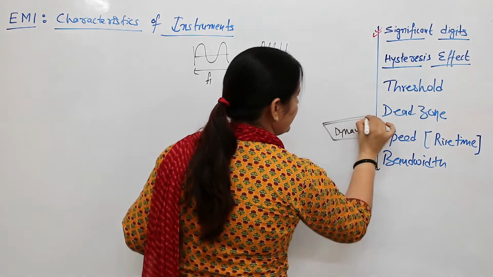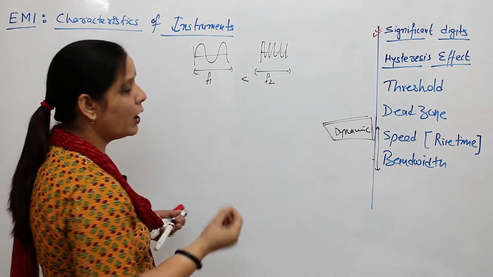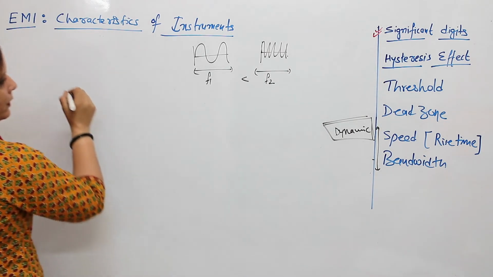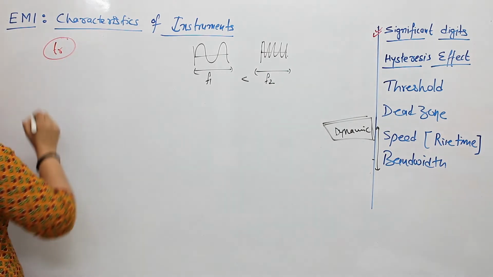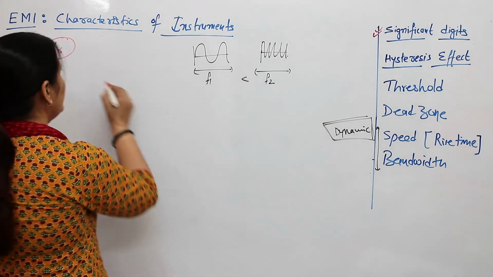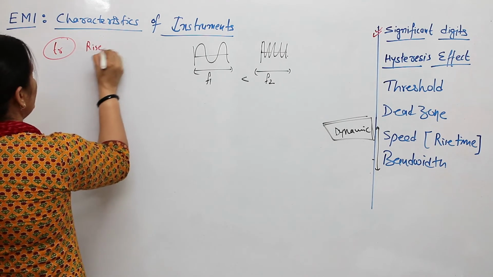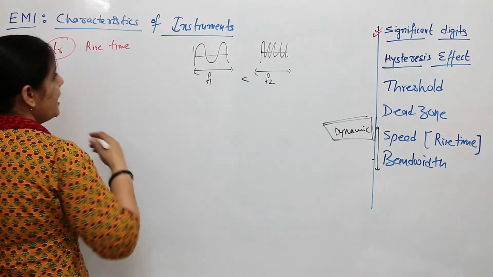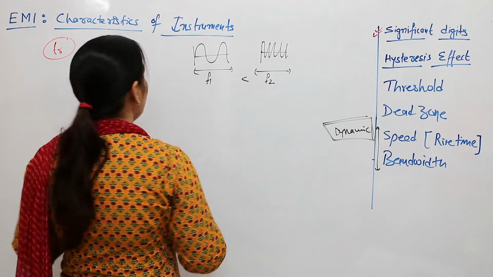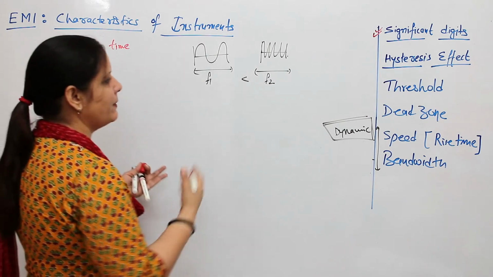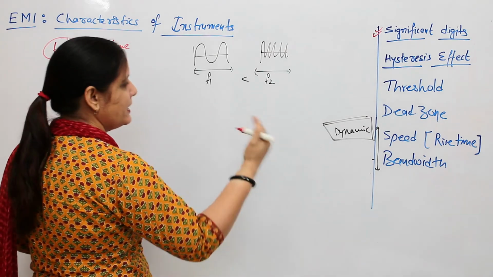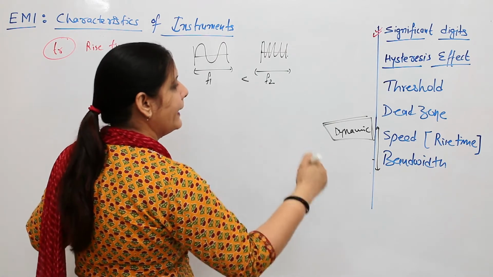these are dynamic characteristics. Speed means how fast your instrument can take the readings. This is generally expressed in form of rise time. Rise time is the time taken by the instrument or unit to reach 90% of its maximum value. So lesser the rise time, faster your instrument, and it can record the input with the higher frequency. Okay, and delay time, rise time, these all are different parameters. And to have a measurement with high frequency, you need an instrument that can work at a high speed.